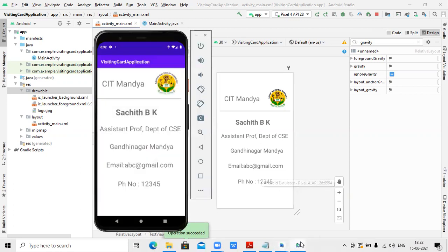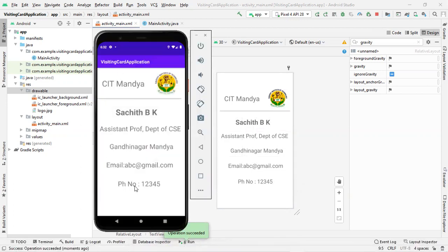So this is your emulator. As you can see, this is how the visiting card looks. So this is the company name. This is the line which separates our employee details from the company name. This is the employee details. Based on the appearance, how it will look in your mobile phone, you can make some changes in the design if needed. So just go through the entire presentation session.